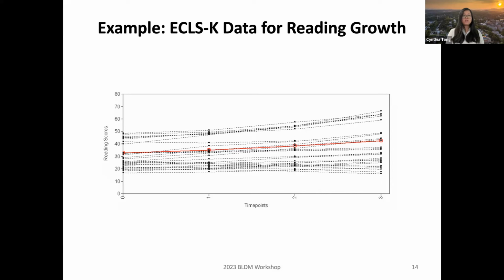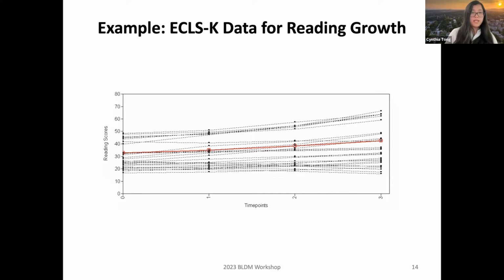Like I said earlier, the traditional growth curve model really focuses on the conditional mean of the data. So we're actually looking for the average trajectory, or the overall trajectory, and all the deviance from the overall trajectory is viewed as between-person variability. And we can use different covariates to interpret those differences. Okay.